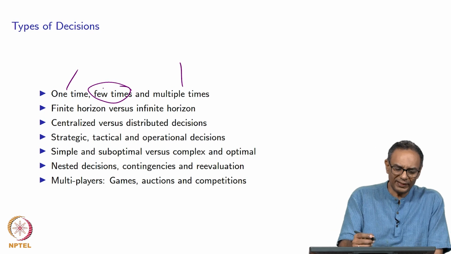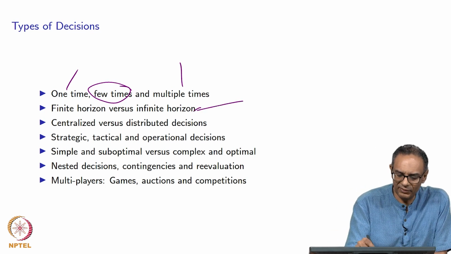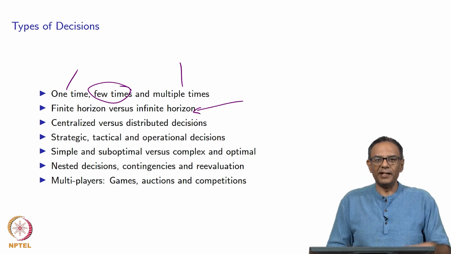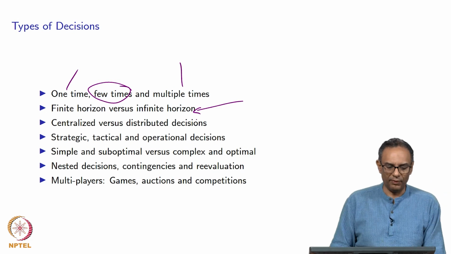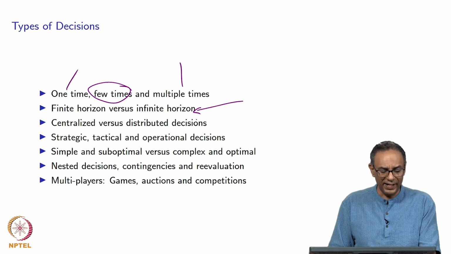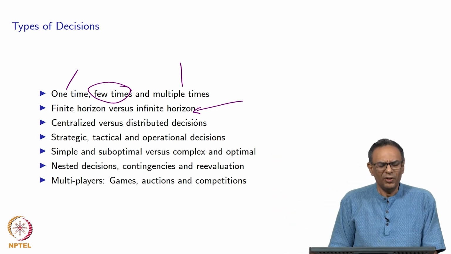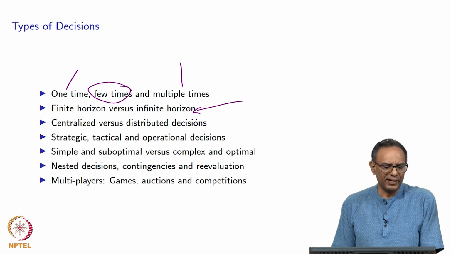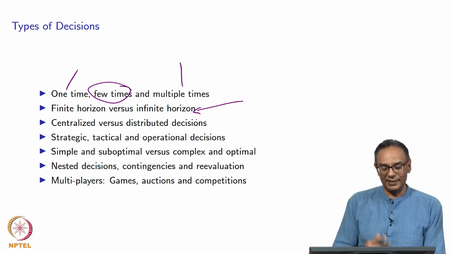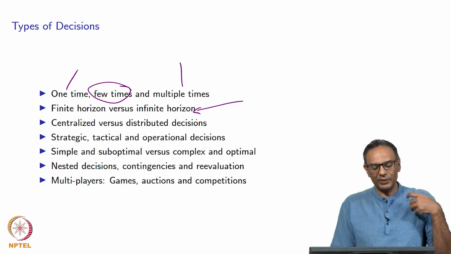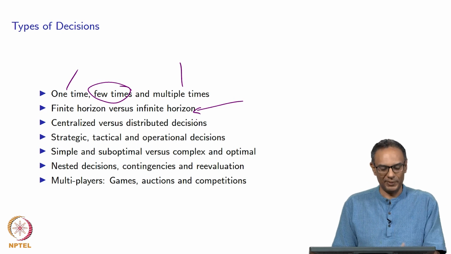Now let's look at the next example, which is finite horizon versus infinite horizon. They are kind of related to the previous topic. A finite horizon would mean I have a few decision points where decisions need to be made, and the infinite horizon is a case where this goes on and on forever. Now you'd wonder, we all have a finite life, why would I ever be interested in infinite horizon? Well, it turns out that the results mathematically are very appealing in the infinite case. You get very nice results, and that's why a lot of people study infinite horizon. Basically, that means it is multiple times done over a very long period of time.